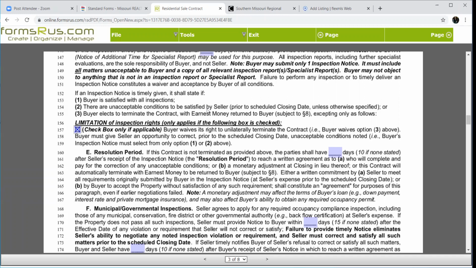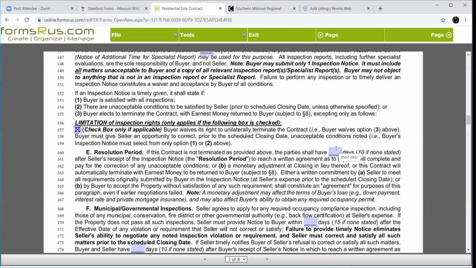We're catching up with your question right now. The seller and I now have 10 days to get on the same page during the resolution period. So during that period, we're going to bounce back and forth. I send you a list of 15 items that my buyer wants fixed. You come back and say, we'll fix 7 of them. I come back and say, well, we really need these other 2 on it. And it just bounces back and forth in that resolution period until we reach an agreement.